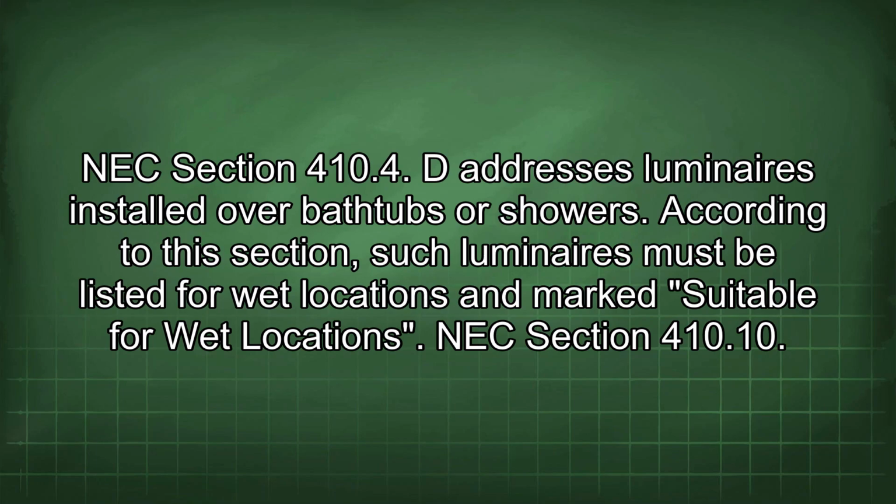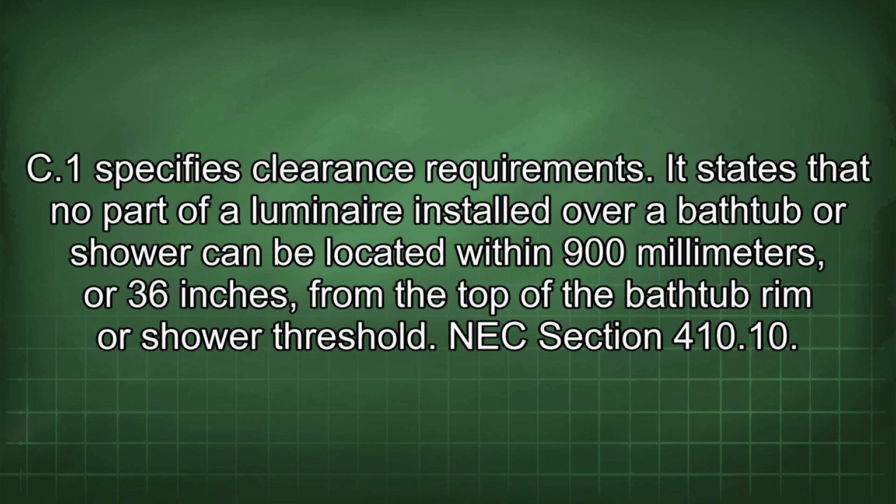NEC Section 410.4(D) addresses luminaires installed over bathtubs or showers. According to this section, such luminaires must be listed for wet locations and marked suitable for wet locations. NEC Section 410.10(C)(1) specifies clearance requirements. It states that no part of a luminaire installed over a bathtub or shower can be located within 900 mm